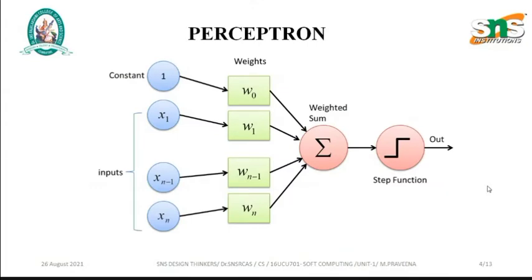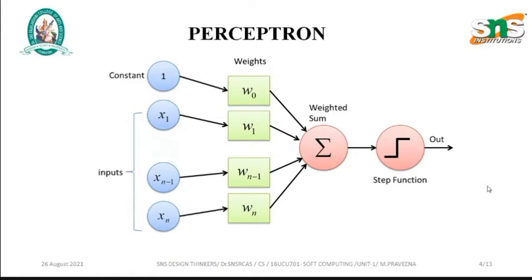Let us see the schematic diagram of perceptron. This is the picture you see here. First, we give the inputs x1, xn minus 1, xn. Along with that, we can also give some constant if it is needed. Along with these inputs, we also provide weights. For each and every input, we need to provide a weight. For example, for the constant, the weight is w0; for input 1, weight w1; for input n minus 1, weight wn minus 1. Similarly, for n elements the weight will be wn, right?